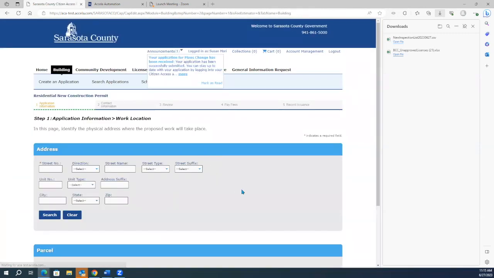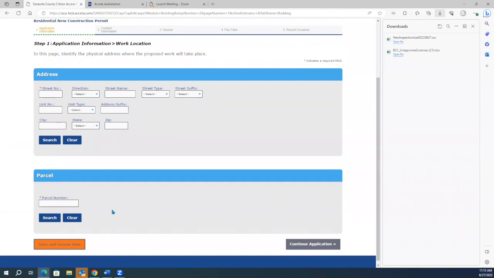And the first item you will need to do is enter an address or parcel identification number. Whichever one you have, you do not have to do both. So in this case, I'm going to enter an address. Less is more. I think it's just easier.